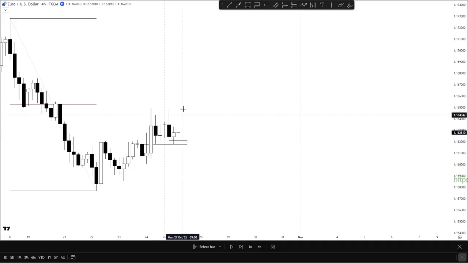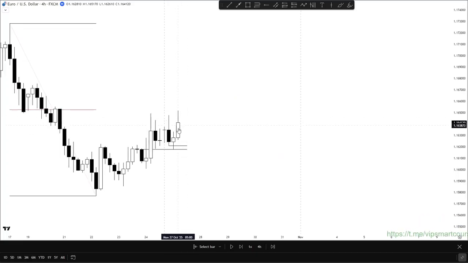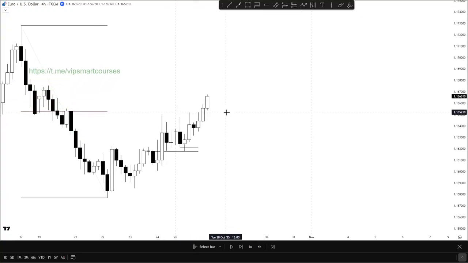Okay, and this was a win for me. So this was the first trade of the week. Then by this point, I was done for the day, so I just let price do whatever it wants. Obviously this price section right here isn't relevant to me, because I don't trade during this time. So I just watch price action and see what it does, and then decide what I'm going to do with it